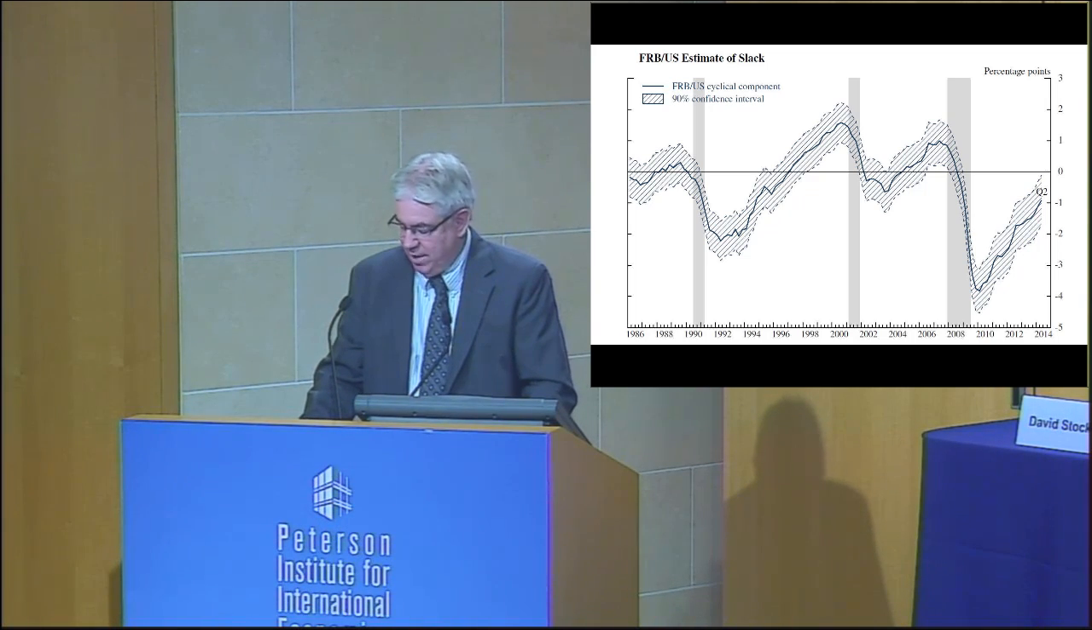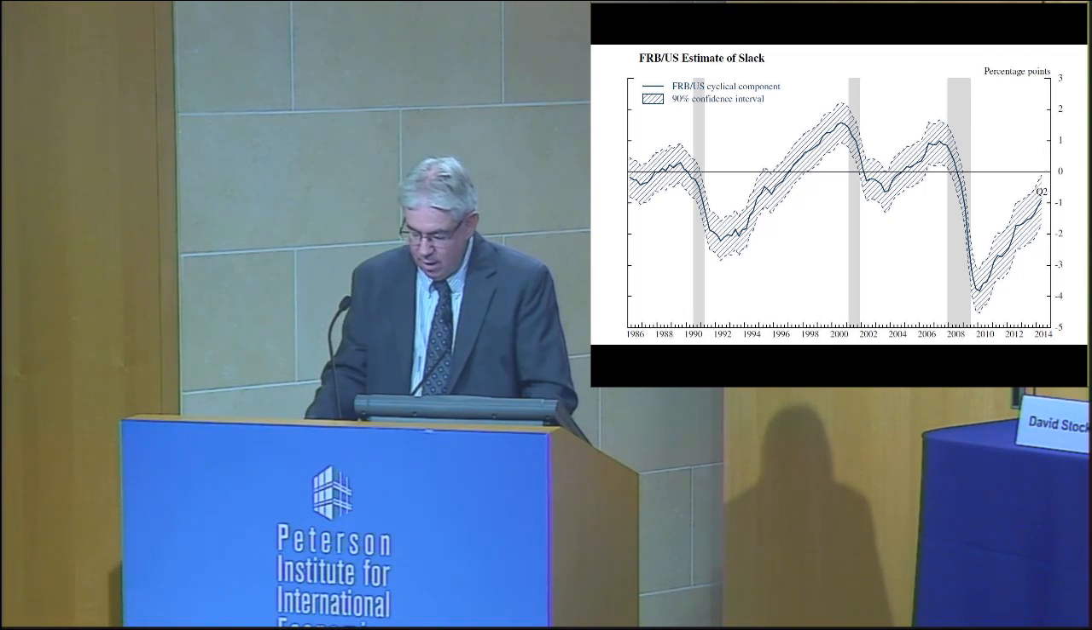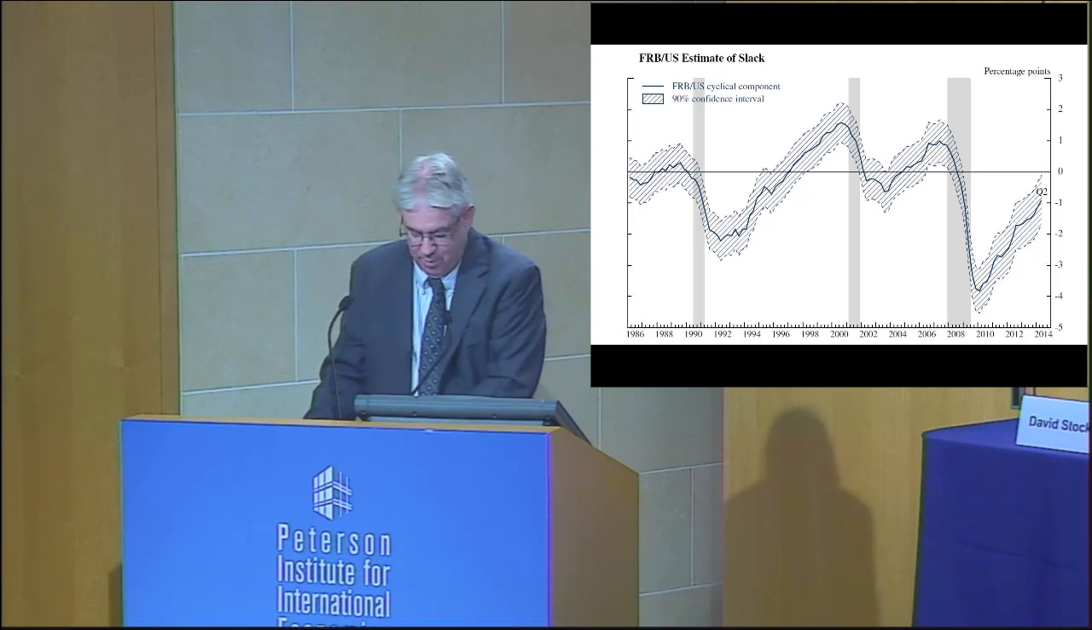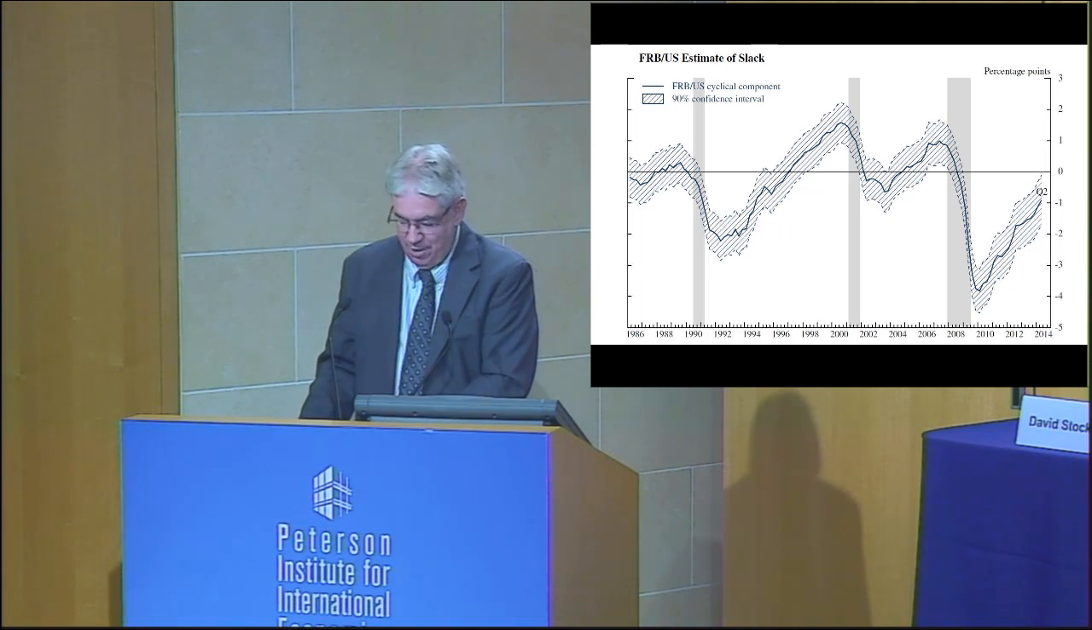Estimated by the FRB-US model in the second quarter of this year, and that's a little less than one. As you can see, that's a little less than 1 percentage point, with a 90% confidence interval around that estimate of plus or minus about 3/4 percentage point. Now, as we've heard, many have expressed specific concerns about using the unemployment rate as a measure of labor market slack, and